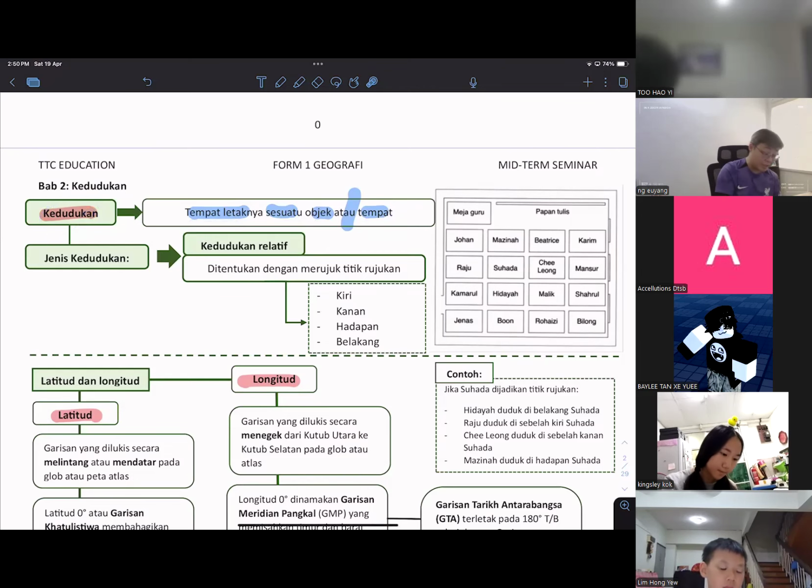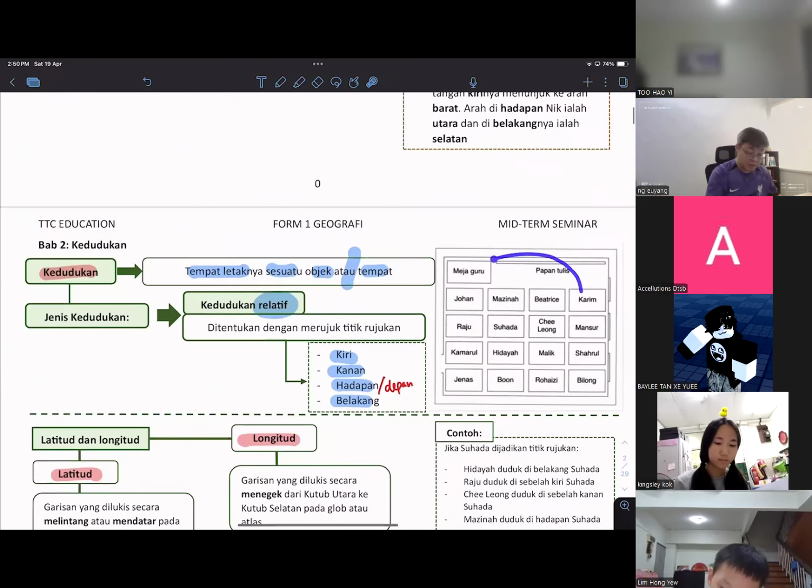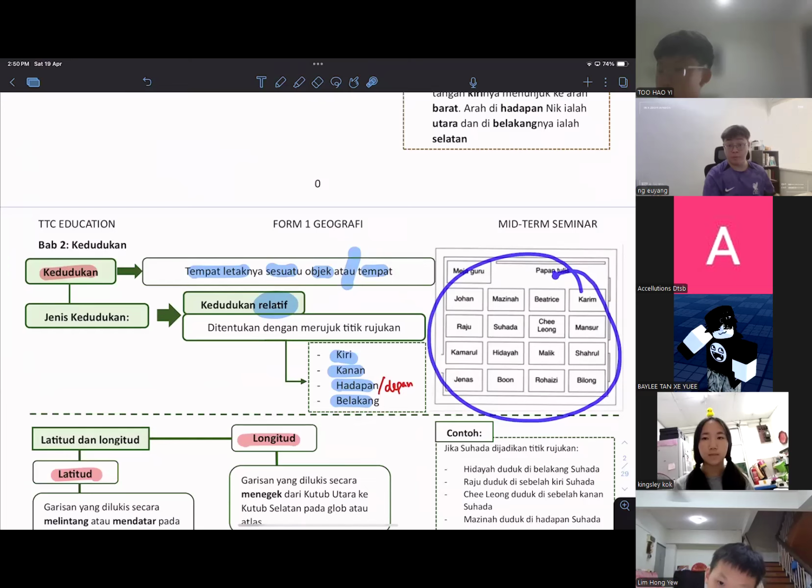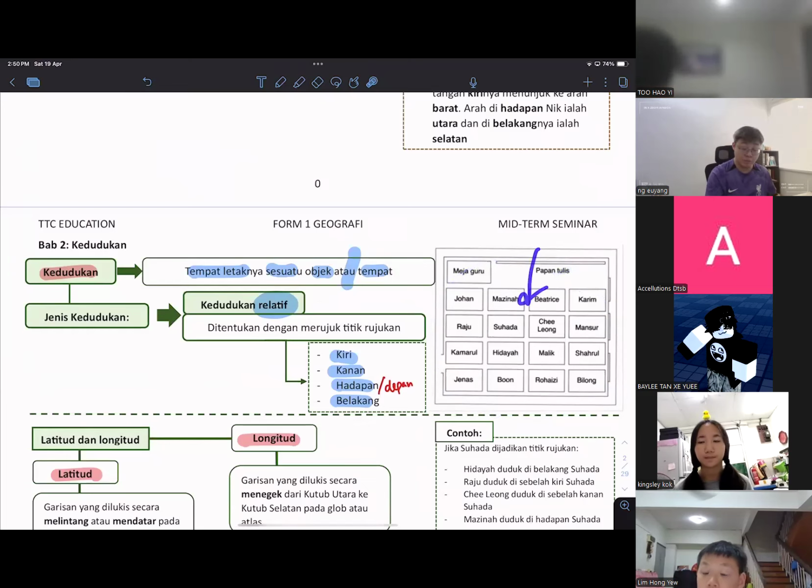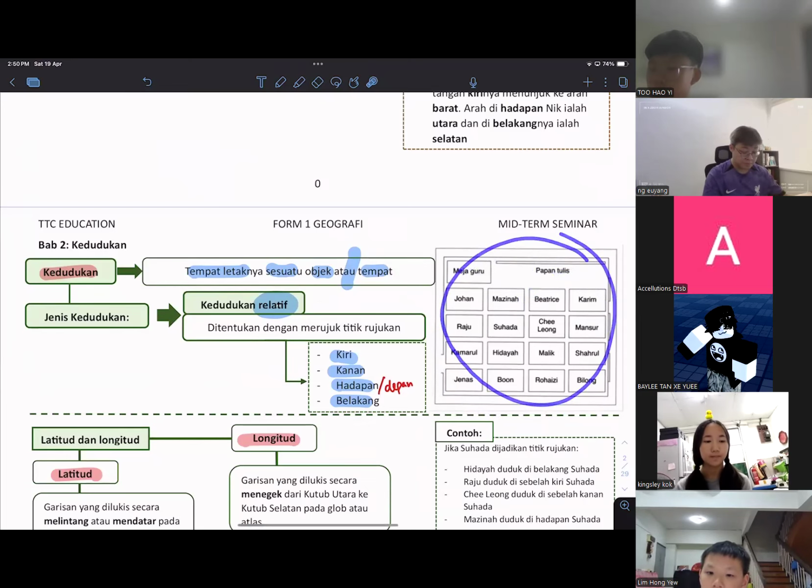So usually we are trying to identify the kedudukan relative. Keyword is front, hadapan, back, belakang. So kiri or kanan. So guys, I think your exam also going to accept. Hadapan, the front is going to known as depan tu. So depan or hadapan is the same thing, right? So exam, 2 types of questions. One, this is the easiest one, which is the most common in the exam, according to the classroom. So guys, in this classroom, where is the front? Which direction is front?